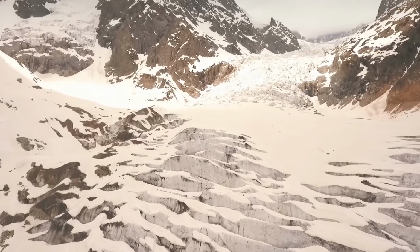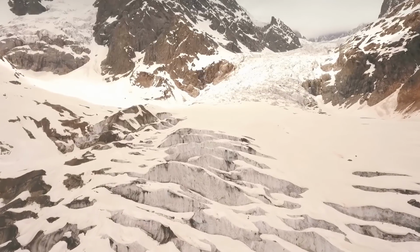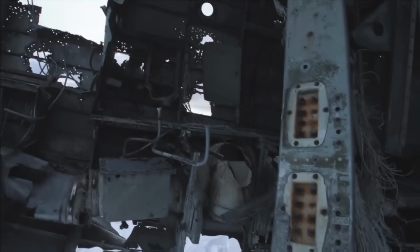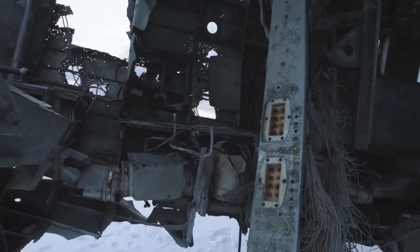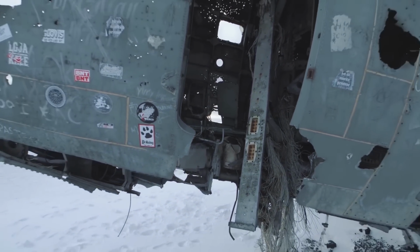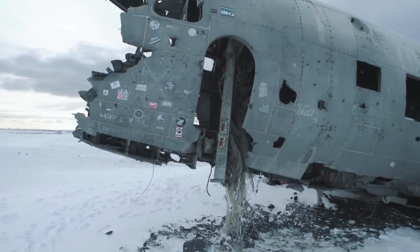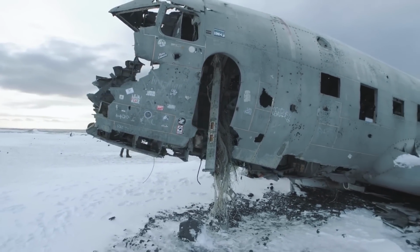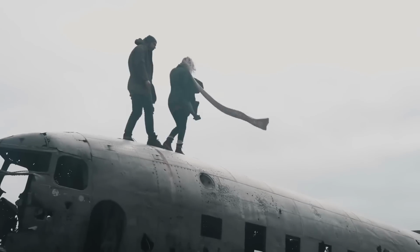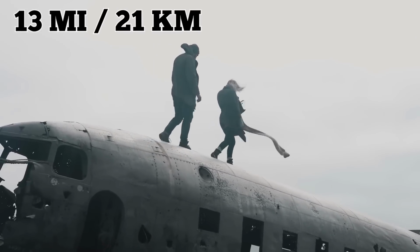The crash had triggered a major avalanche which, combined with glacial movement, encased the plane in snow and ice. Within a year, over 50 feet, 15 meters of snow had piled on top of the wreck. Nobody saw the downed aircraft again until 2012, when an Army National Guard helicopter spotted debris while flying overhead. At first, officials assumed it was a crash that hadn't been reported yet, but a ground search revealed the plane's true identity. In the 60 years since it crashed, the wreckage had traveled 13 miles, 21 kilometers from where the